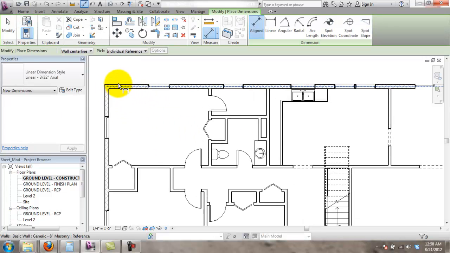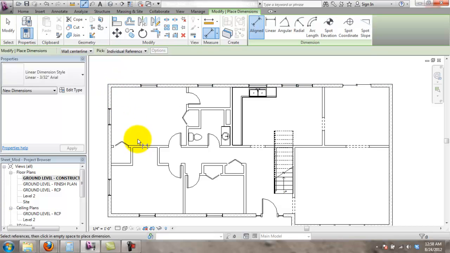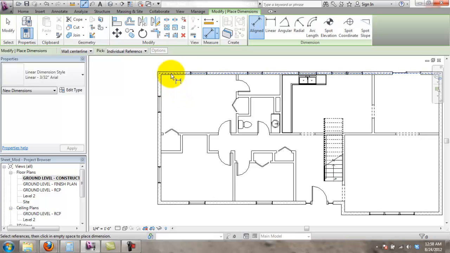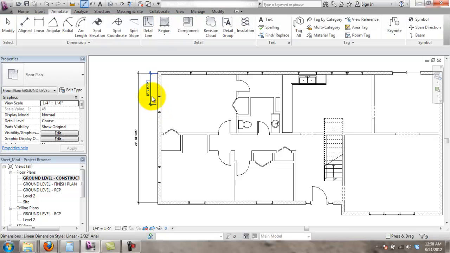You can stick to exterior walls or interior walls. This isn't a class on dimensioning stuff, so we're not going to be too picky about it, but I'm going to go from center line to center line. Basically, when you dimension this stuff, you want to try and dimension everything from center to center. So even the windows here, you'll see I'll go from center to center. And then to show you a continuous here,